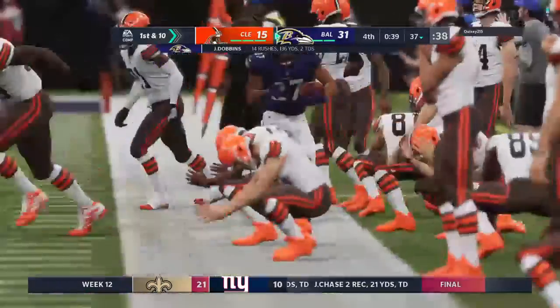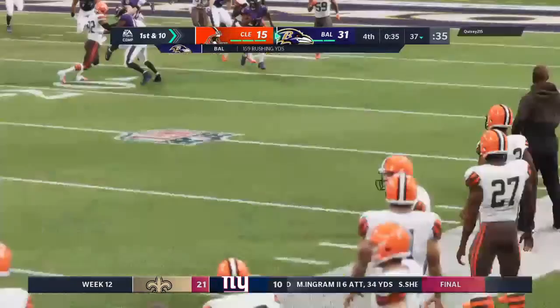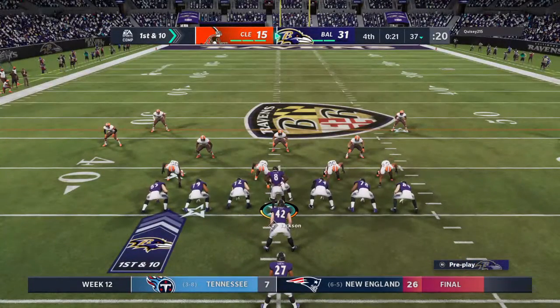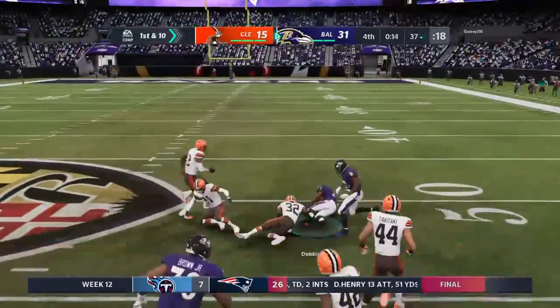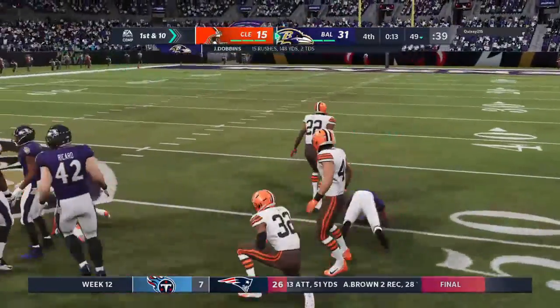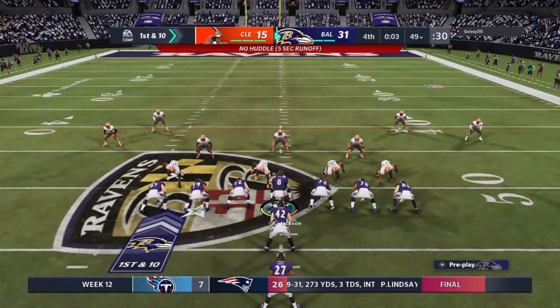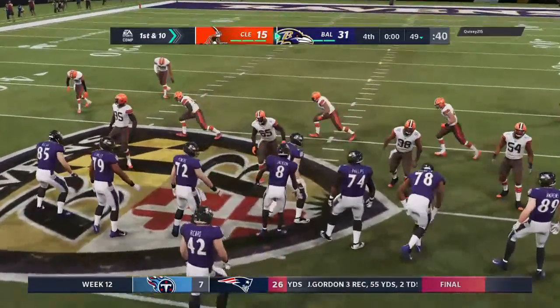And way up past the 35 before he's taken down. A big run there, 29 yards and a first. One play has him to the 37 here for 1st and 10. 7-yard line. Right back to Dobbins on 1st. And they bring him to the ground just shy of midfield. That's over 40 yards of movement with those last 2 plays. 1st and 10 at the